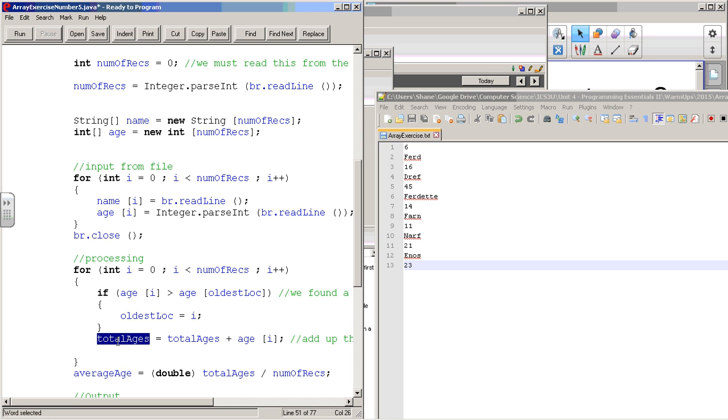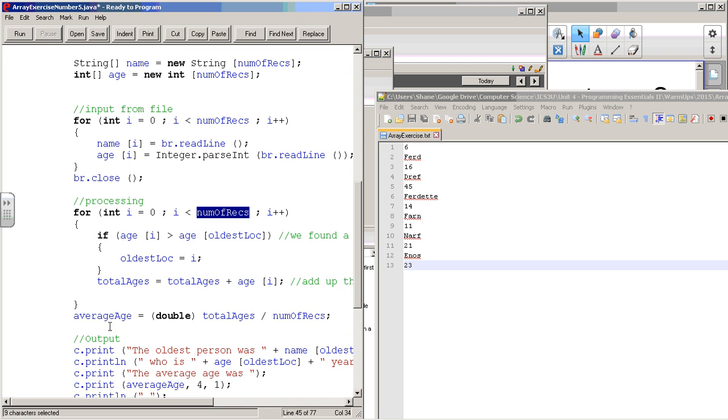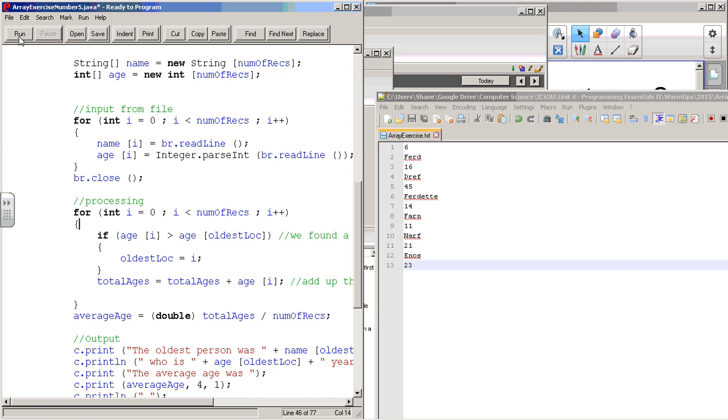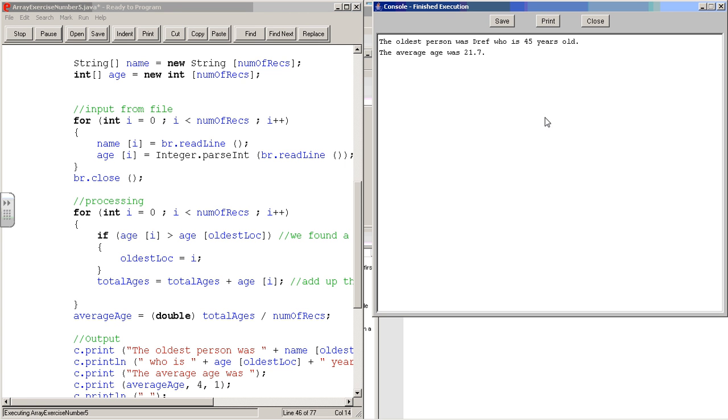Then this line added up all of the ages when it went through this for loop. And notice I'm using num of recs here. I could have used name.length, or age.length would have worked. And then a processing for the average age, and then it outputted just fine. I'll show you that, hopefully there's no error messages. No, good. The oldest person was Dref, who was 45 years old. The average age was